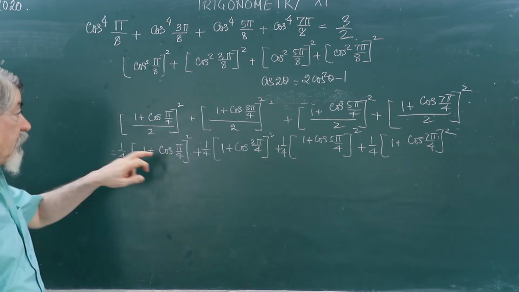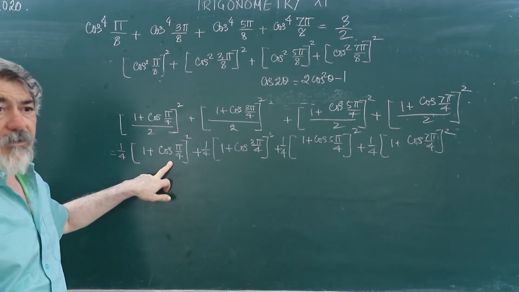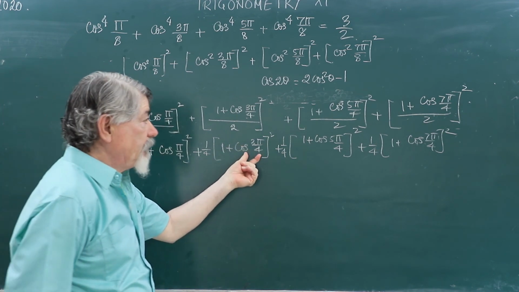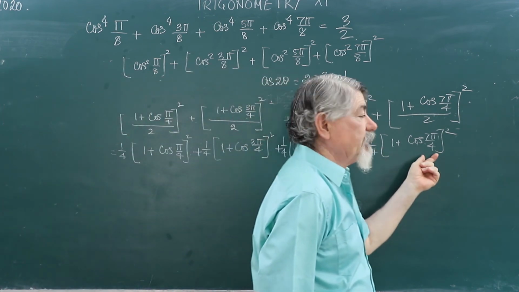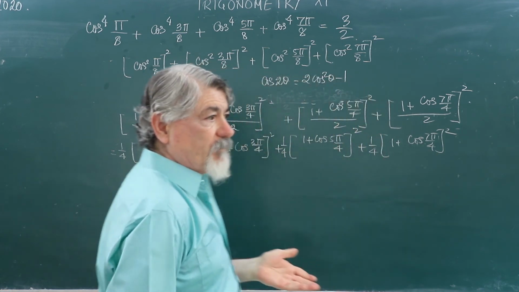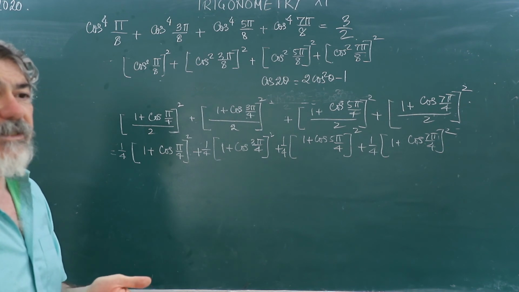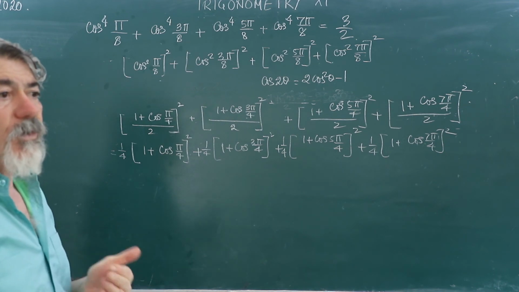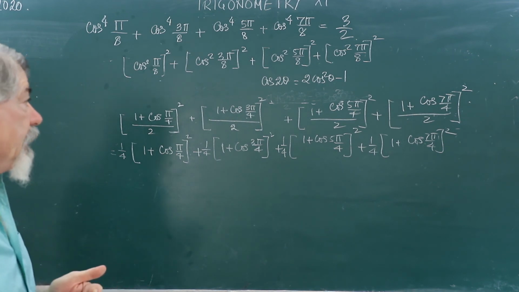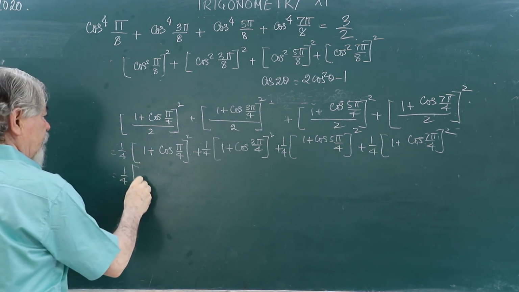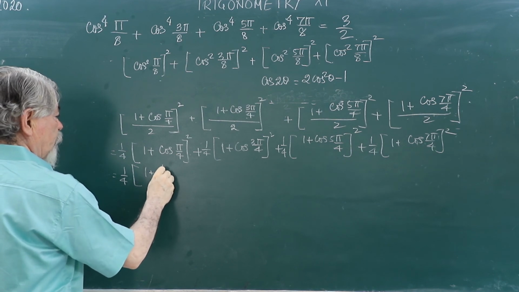We know what is the value of cos π/4. Cos 45 is 1/√2. Now it is 3π/4, it is 5π/4, it is 7π/4. They are multiples, so the value will be 1/√2, but we'll have to see whether it is minus 1/√2 or 1/√2, depending upon which quadrant it is falling in. It is written as (1 + 1/√2)²